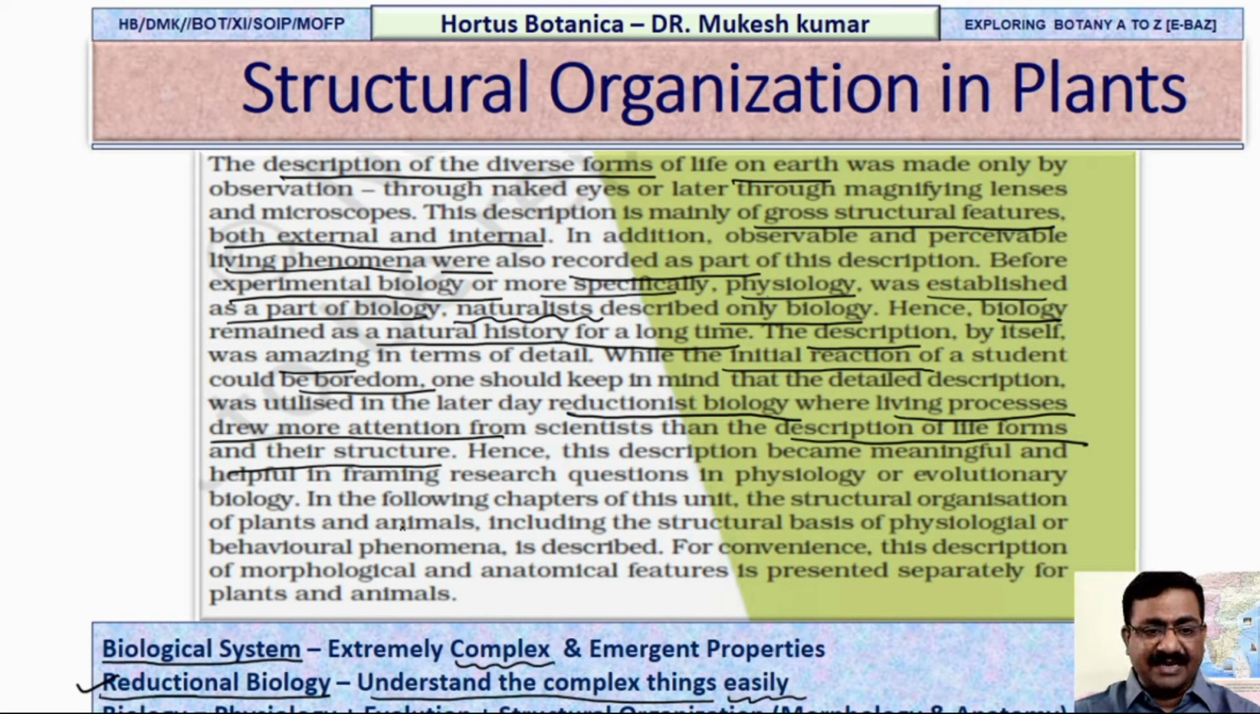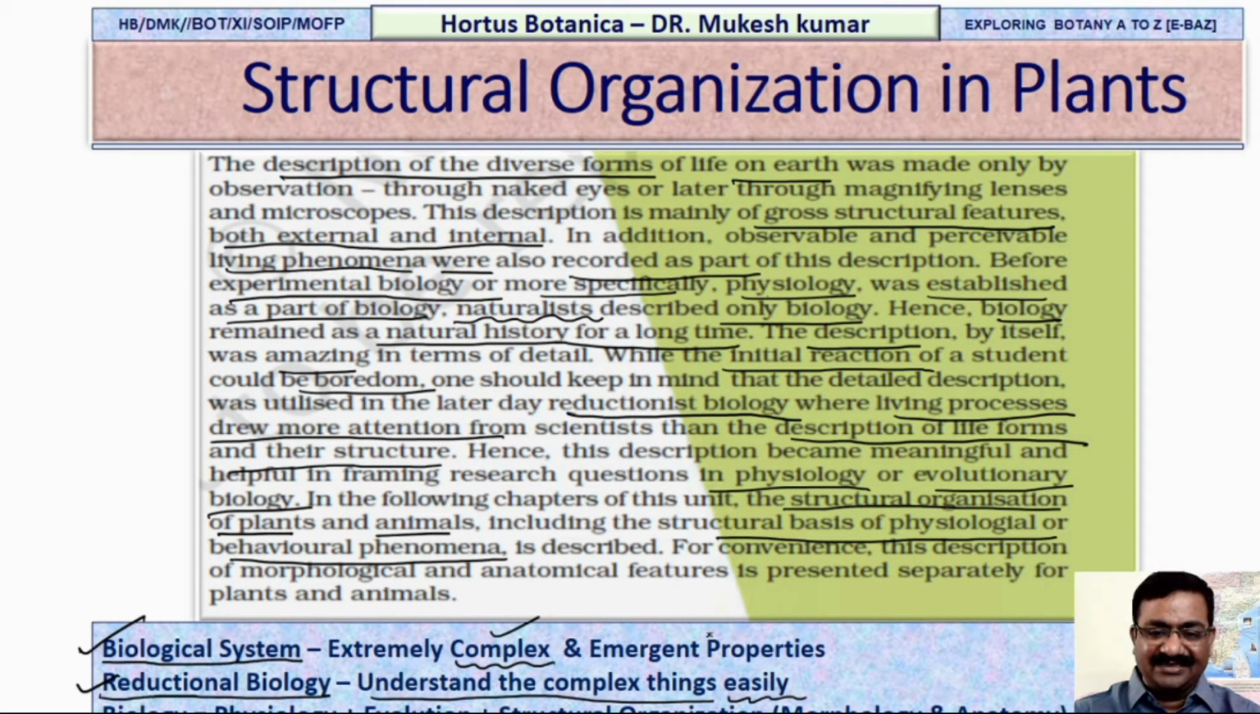Right? So see how they are telling that physiology, that is evolutionary biology, and structural biology of plant as well as animal, meaning plant morphology and animal morphology, including a structural basis of physiological and behavioral phenomena, were described together. So how complex it is. That's why this biological system is extremely complex, with emergent properties, and it's only reductional biology that will make you understand